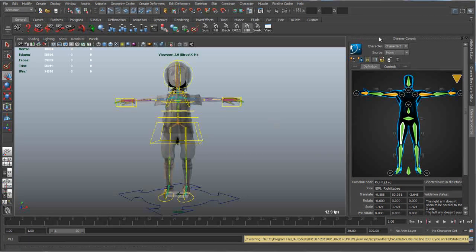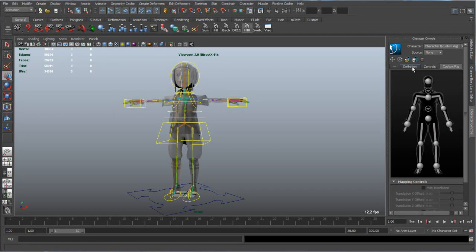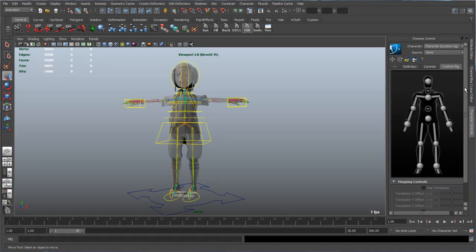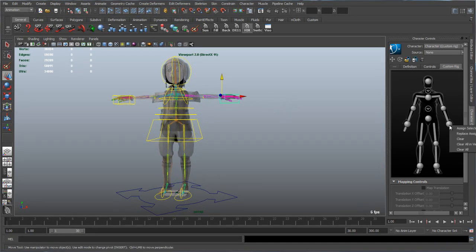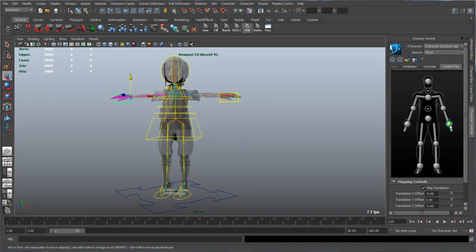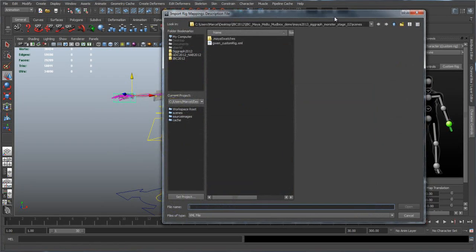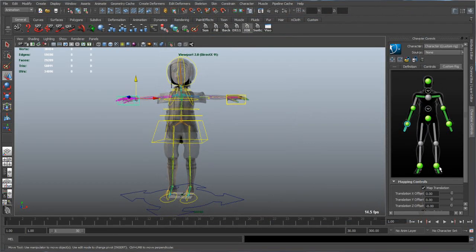and we can move on to define the custom controllers. So let's jump into a new tab, the Custom Rig tab. You can see that we have the Definition tab and the Custom Rig tab, and when we're done with the Custom Rig tab, we can start getting into the Controls tab, which is where all your Human IK controls will be listed. So we go to the Custom Rig, and we can pick, for example, the controller on the left hand, and assign that. We pick the other one and assign that. This process too can be controlled by mapping an XML template. So let's bring this in, and you can see that now it maps all of the controls